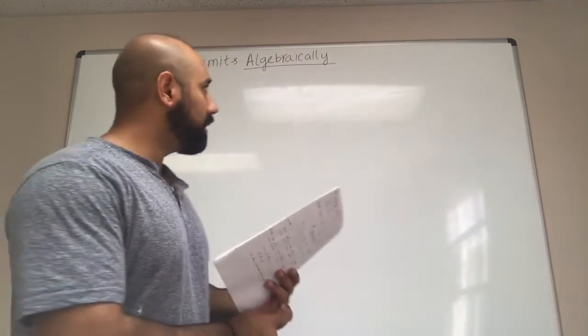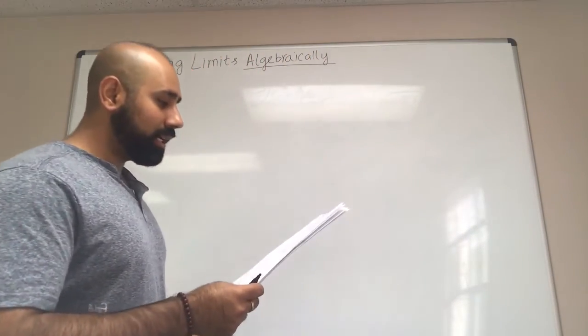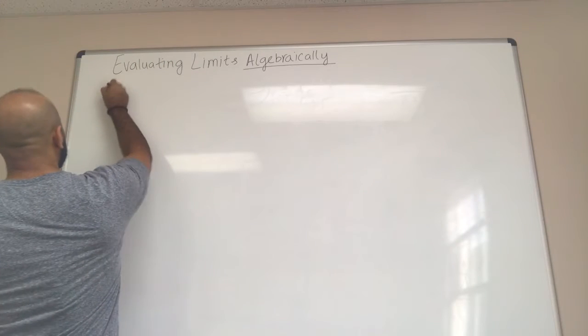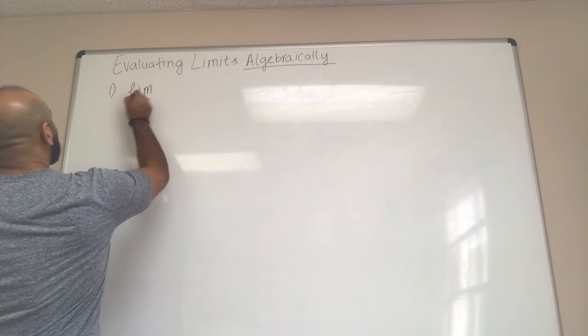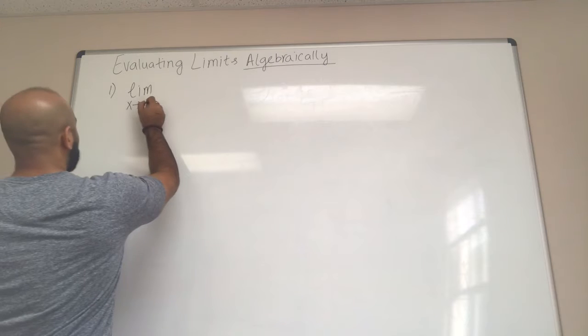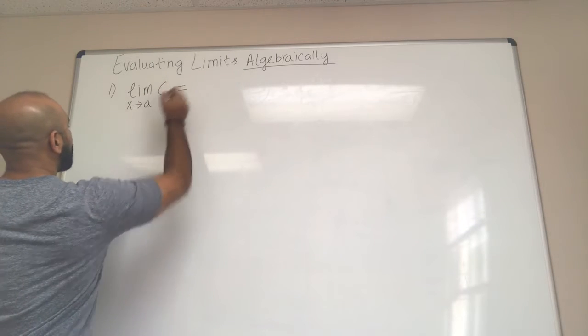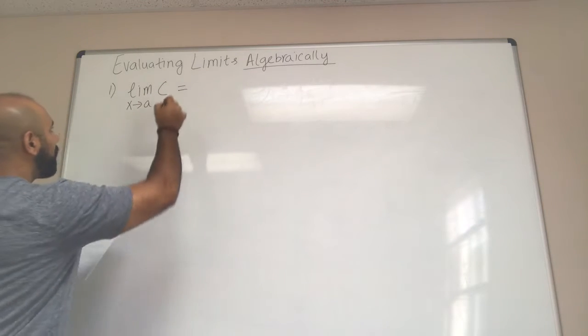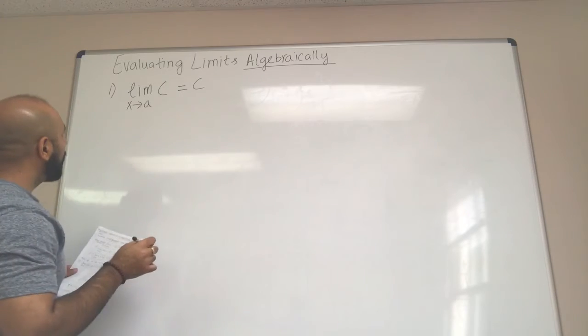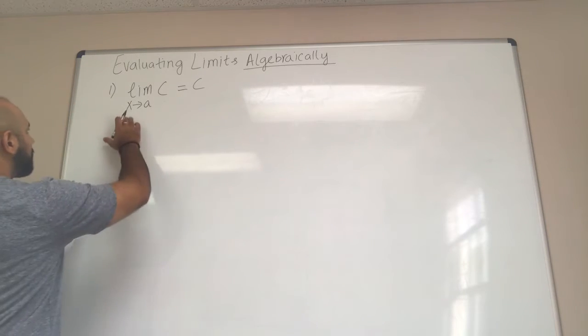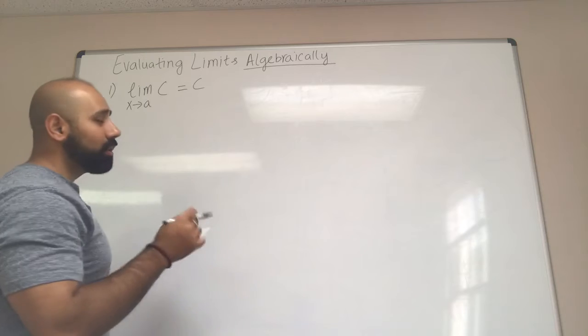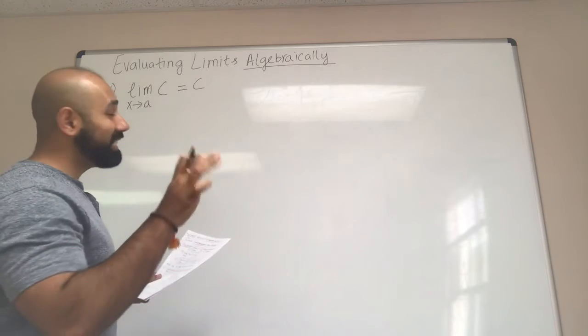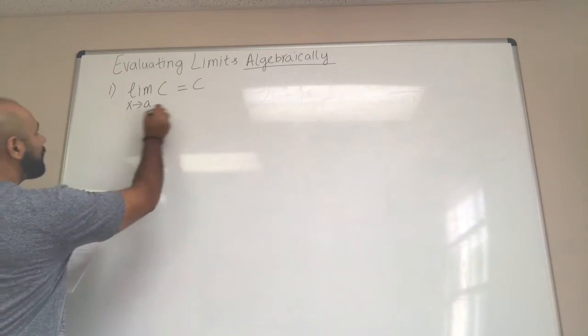So the three properties that I would like to recall here: the first one, the limit as x approaches, let's say, a of a constant. So the limit of a constant is always a constant, okay? So it does not change. Whether x approaches a or b or whatever, it's always going to be a constant as long as c is constant. The second one is